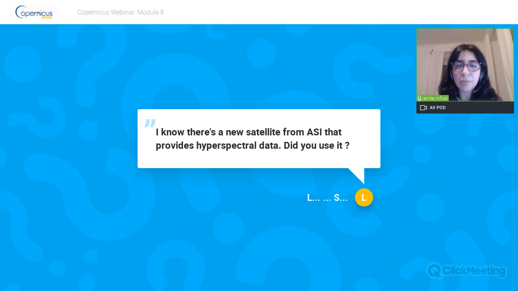There's a new satellite from ASI that provides hyperspectral data. Do you use it? No, I didn't use it. I know that there are also satellite missions by the Italian space agency, Prisma, I think, and they started providing data, hyperspectral and panchromatic data, not very long ago, so that can be really useful.